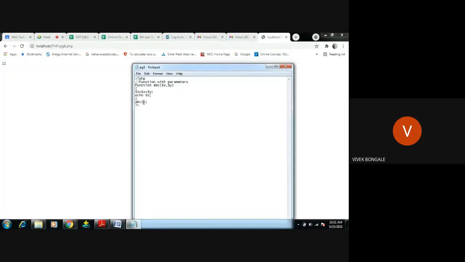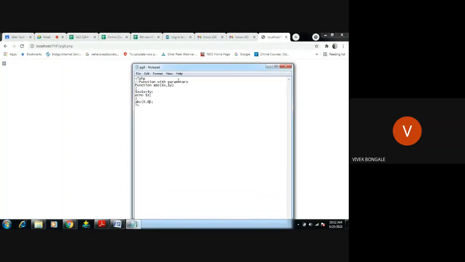A default value. So I will just pass 6, 6. The ABC function receives the value 6 and stores it in x, and the other 6 is stored in y. Then 6 plus 6 is 12, and echo displays it. Then you call the function here, right? So we'll check here. Save. You can see the result is 12.